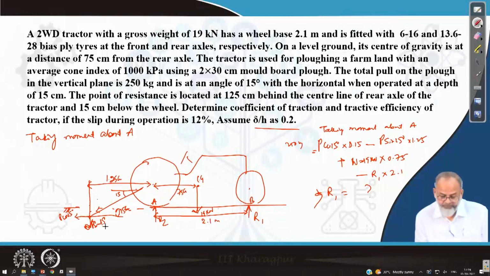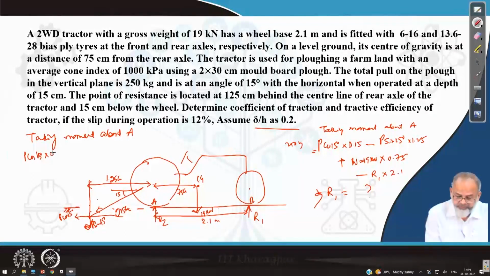Equilibrium of moments will be, this is again positive, P cos 15 degree into 0.15, then this is minus again, P sin 15 degree into 1.25. Now W will be,